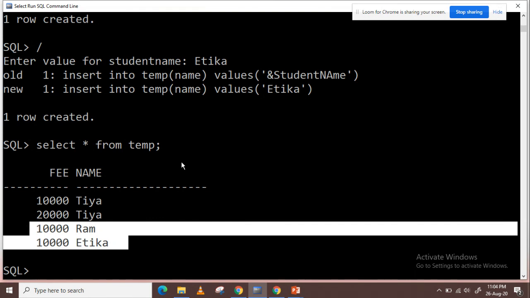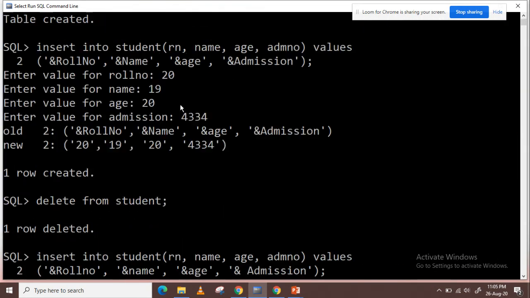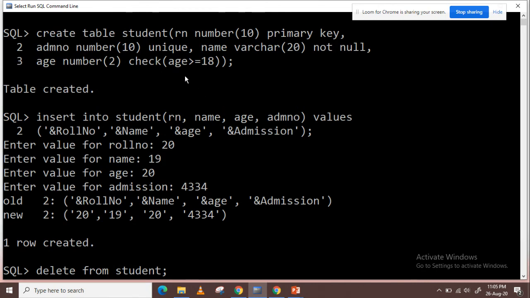entity integrity constraint. We can have any condition in checks. For example, in check we have specified only a condition for the age. Here age should be greater than or equal to 18. We can also specify and or another constraint with this.